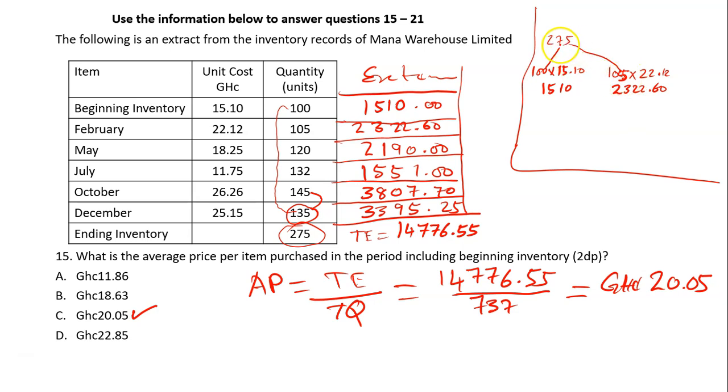So 100 and 105 is what? 205. So it means that you are left with 70. Like we've taken 100 out, left with 175. We've taken 105 also out. So left with 70. So definitely that 70 will come from this 120 in May. So the remainder 70 will come from May. So 70 times the unit cost of May, which is 18.25, should give you